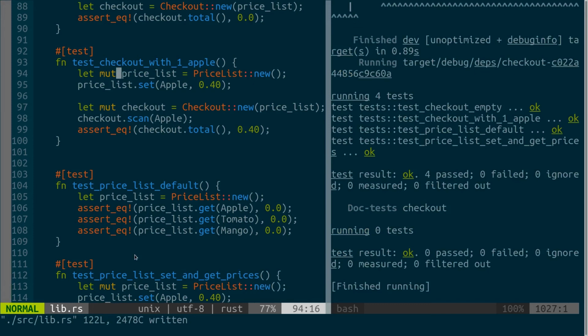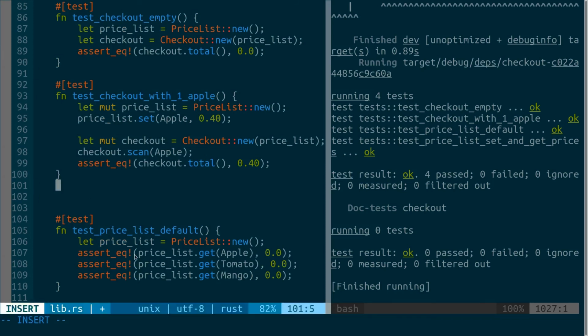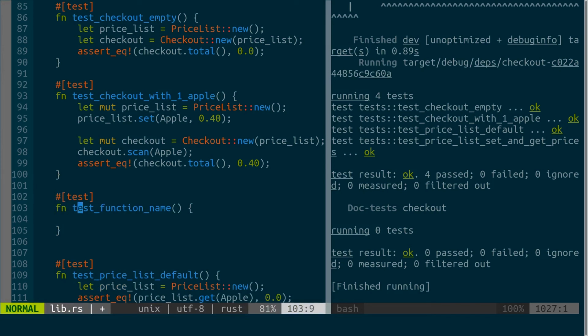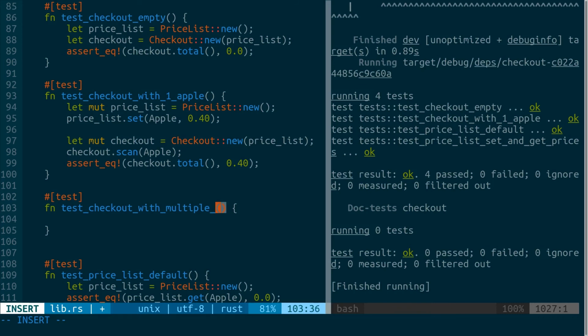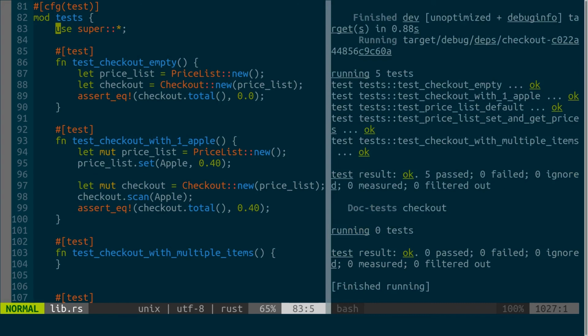Now, what next? Now I want to implement, yeah, another test, a more complex test that would cover a more complex case with multiple items. Again, I'd like to refactor the test slightly and